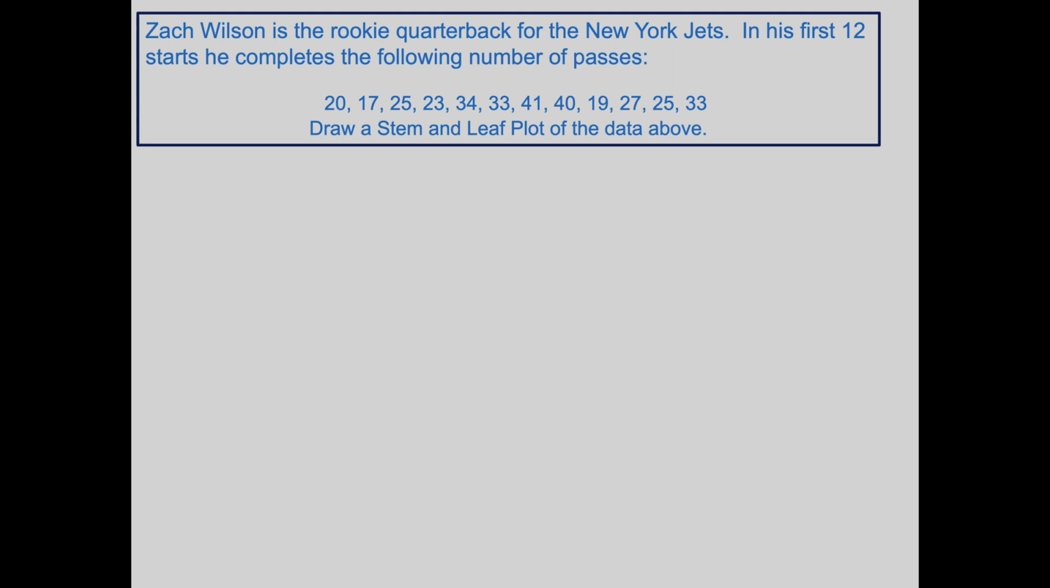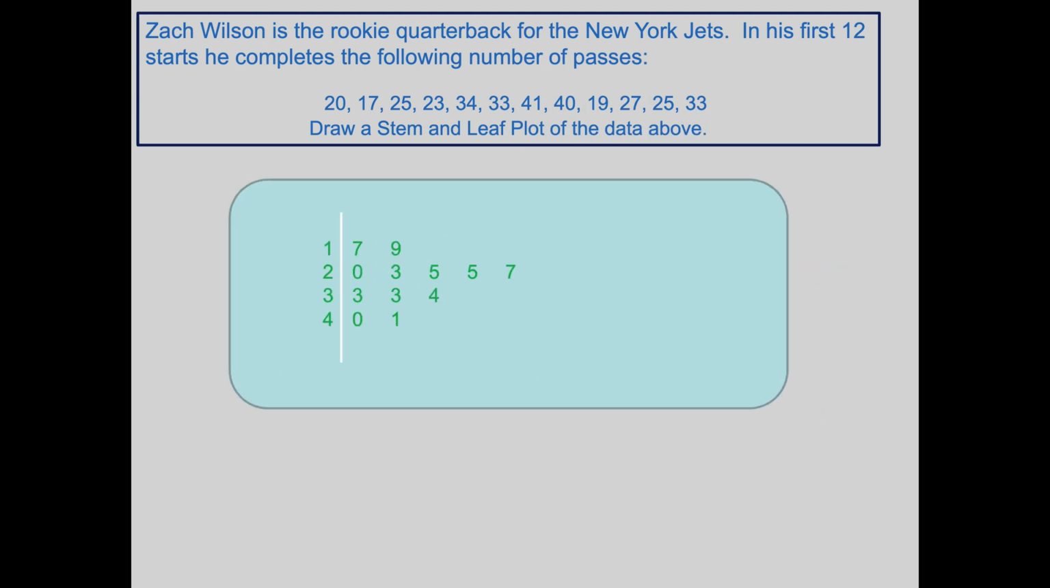Okay, so there's your answer. Remember, a stem of 1 and a leaf of 7 is 17. A stem of 1 and a leaf of 9 is 19. 2 0 is 20, and so on and so forth. From here, it's pretty easy to see certain things. For instance,